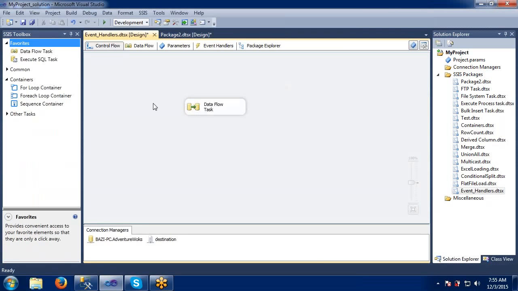So this is the regular stuff we have seen in the previous packages also. What I am going to explain here is how we can apply these event handlers in the different tasks.